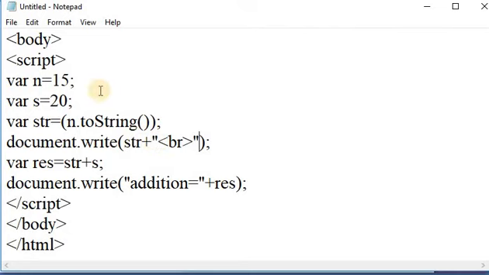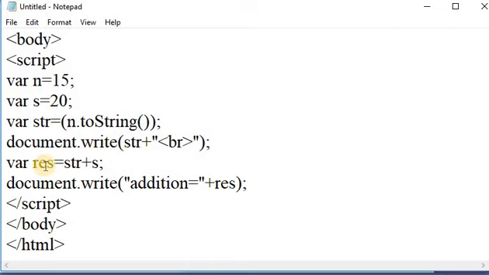In this example, first of all I am taking two variables, n and s, initializing n to 15 and s to 20. After that I am taking one variable, str, and storing the toString result in str. After storing this result, I am printing it on the web page by using the write method.